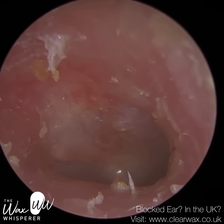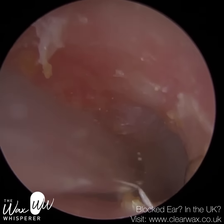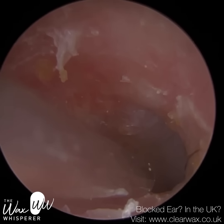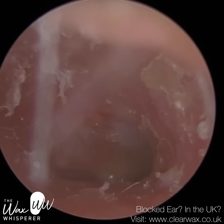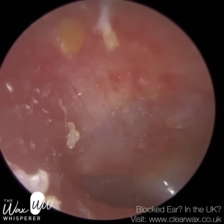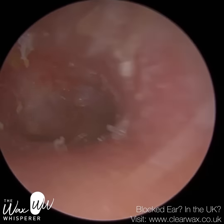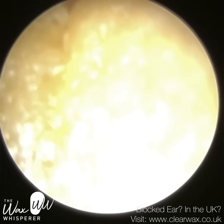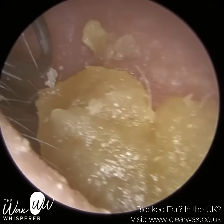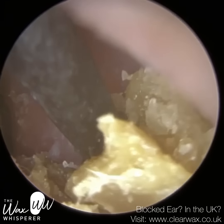So sebum is attached to the hair follicles, and as the sebaceous glands secrete sebum, it travels up the root of the shaft of the hair strand until it reaches the surface, and this sebum then spreads along the surface of the ear canal and also the eardrum. Sebum is made up of organic matter. It's more of a lipid, oily secretion. It contains alcohols, squalenes, cholesterols, long chains of saturated and unsaturated fatty acids, wax esters,